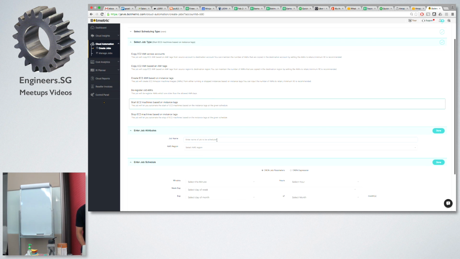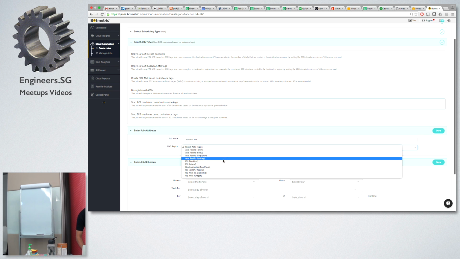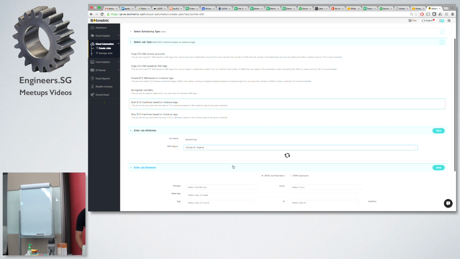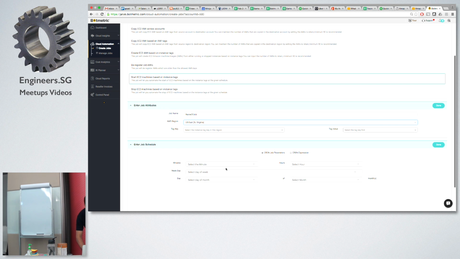You select start and stop of instances and then put tags here. This is just a name. I did not select Singapore because we don't have a machine there.